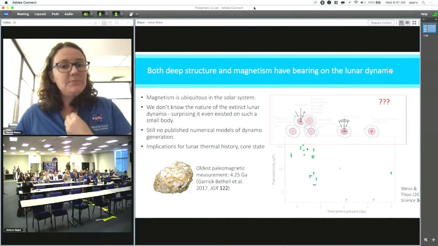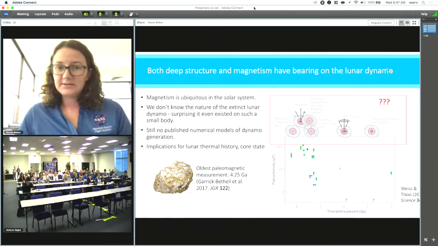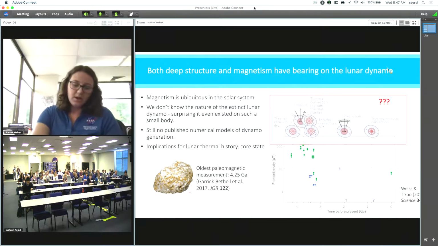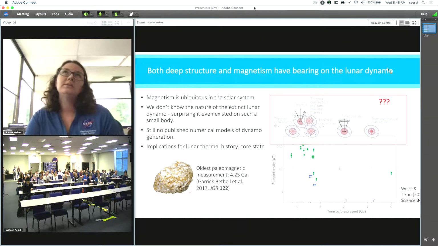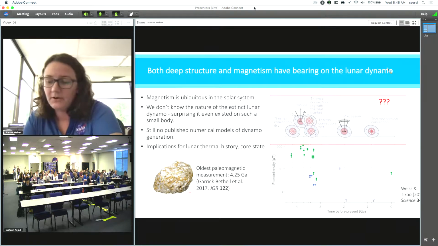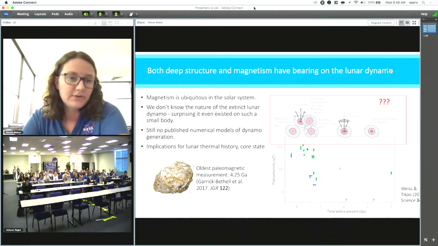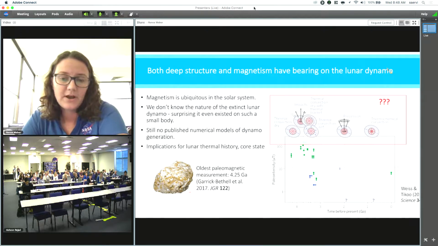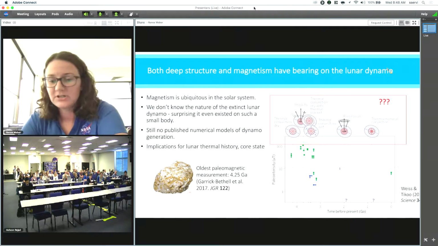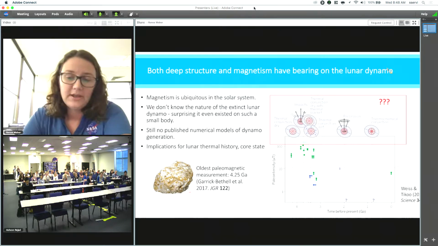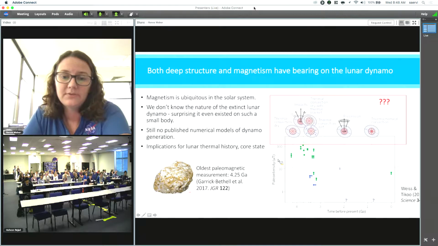All right, so both deep structure and magnetism, surface magnetism, have bearing on the lunar dynamo. We know that magnetism is ubiquitous in the solar system. We have measured it from orbit on the moon. And also by doing sample analysis of returned samples where we have observed natural remnant magnetization in the samples that have been returned. And the figure on the right shows the picture of the paleo intensity in these samples as a function of time before present. And we can see that early in the moon's history, there was a period of time where there was a relatively high